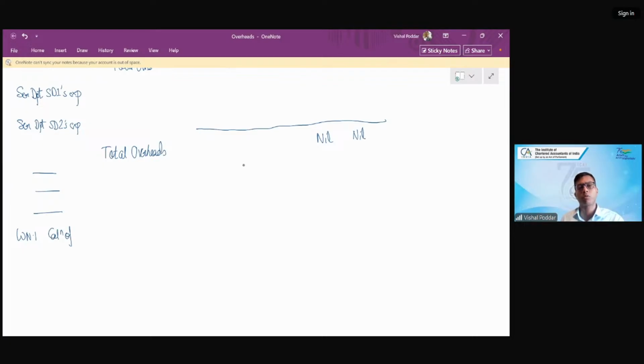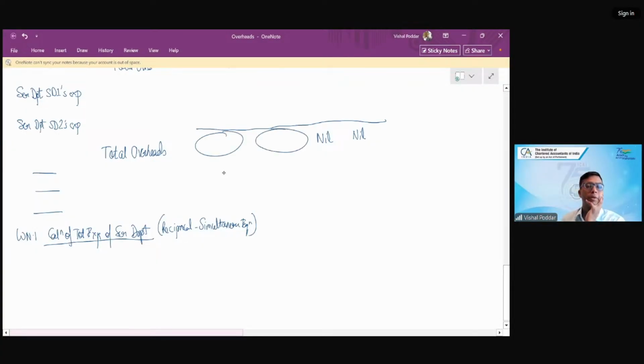Calculation of total service departments. Correct? And we are following within the reciprocal, the simultaneous equation method. Correct? So I give you all 2 minutes. Give me the figures after simultaneous. That is, give me this. Simple. I'll take a 2 minutes refreshment break. You all solve and give it to me.